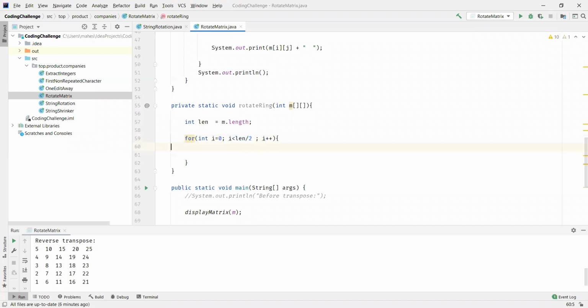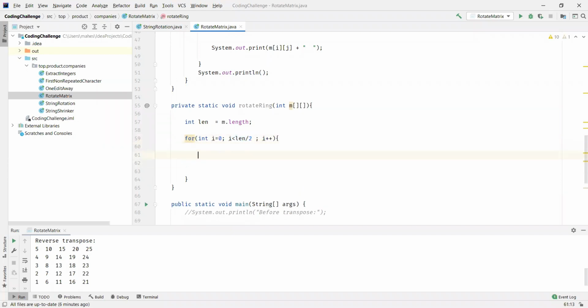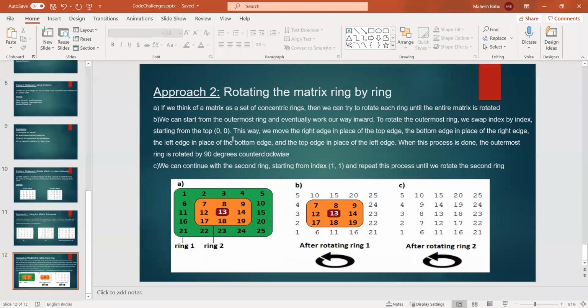So this outer loop, the i index, keeps track of the number of rings, and then we'll have another inner loop with index j, which should start with i. Within this inner loop, we want to perform the logic we have seen as part of the solution.